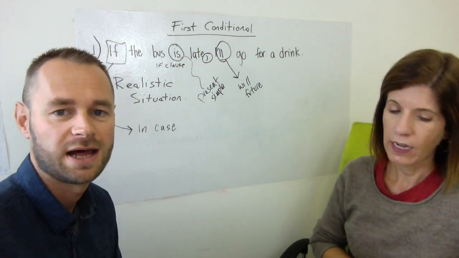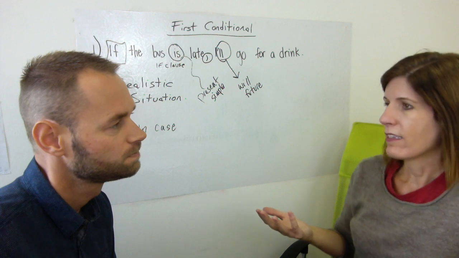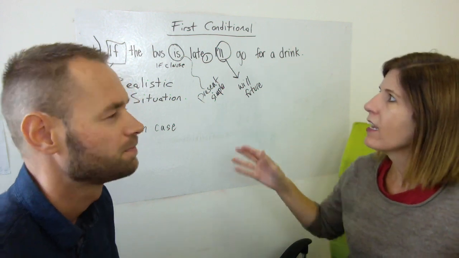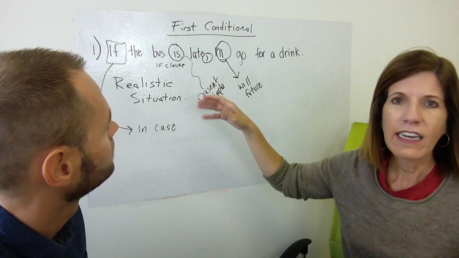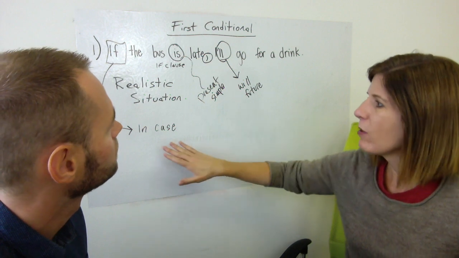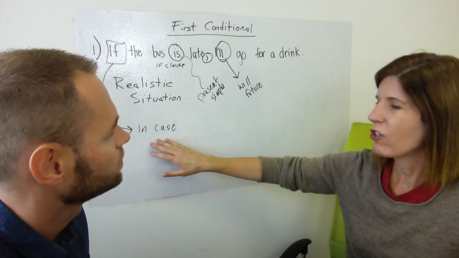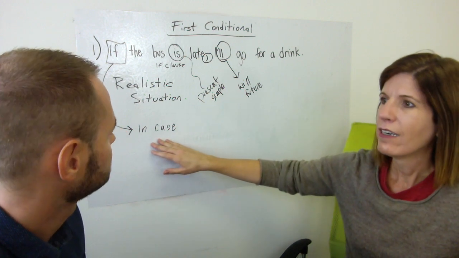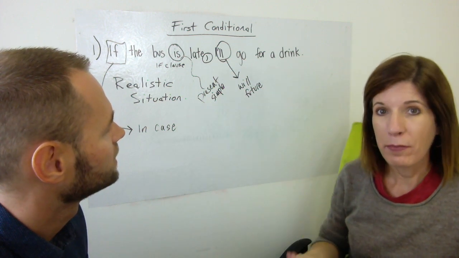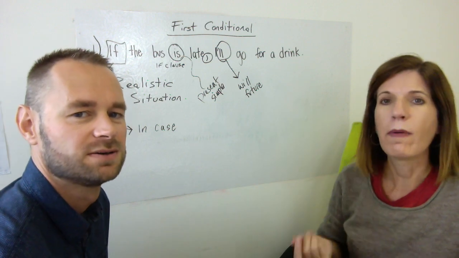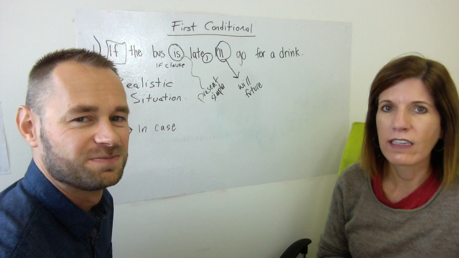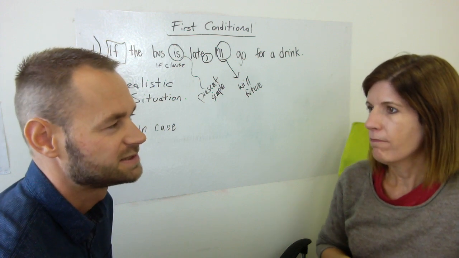So the difference with that is, we have the normal first conditional with the if. We say, okay, if the bus is late, I'll have some time and I'll be able to go for a drink. But in case makes it a little bit stronger, so it's actually really providing a reason. So maybe I'll go for a drink wouldn't be the most natural thing to say, but I'll make a complaint. And I will only make a complaint if the bus is late. That would be the reason for my complaint.